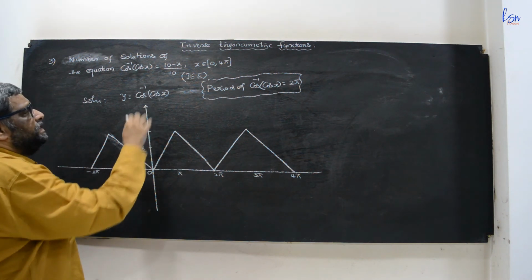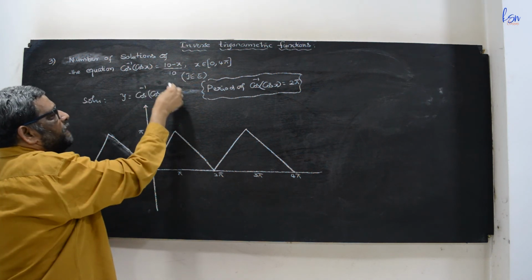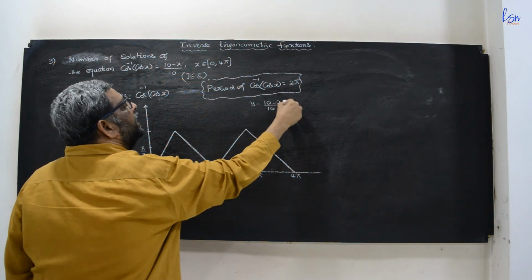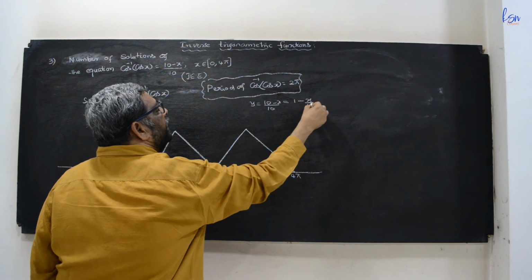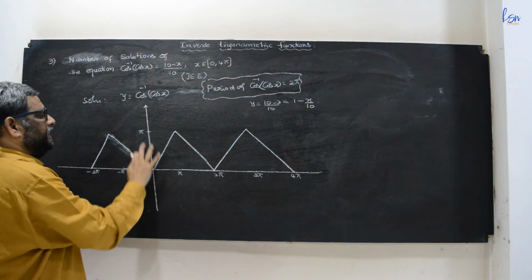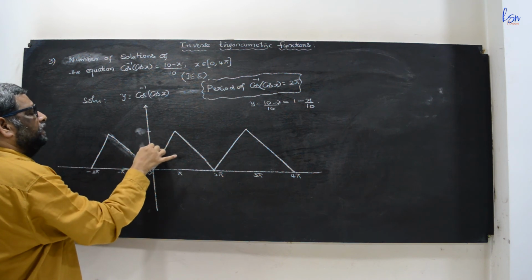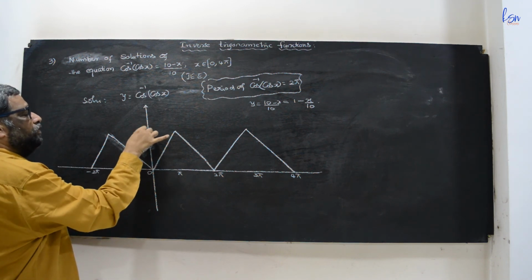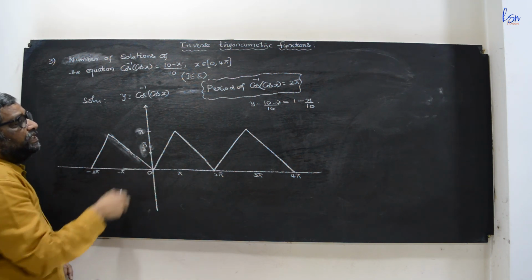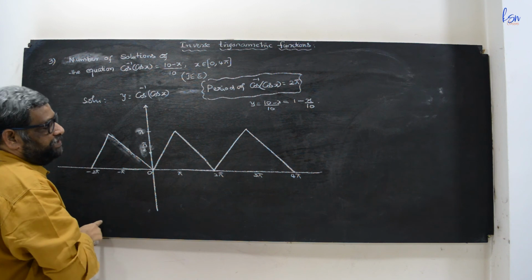Now here we will take the line given as cos inverse cos x is equal to 10 minus x by 10. So we will consider y equal to 10 minus x by 10, which can be taken as 1 minus x by 10. If you put x equal to 0, y will become 1. So this is pi by 2 and this is pi, of course. Put x equal to 0, y equal to 1. 1 means somewhere here. Put y equal to 0, then x is equal to 10.